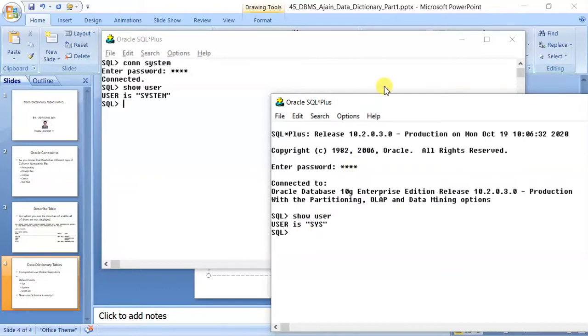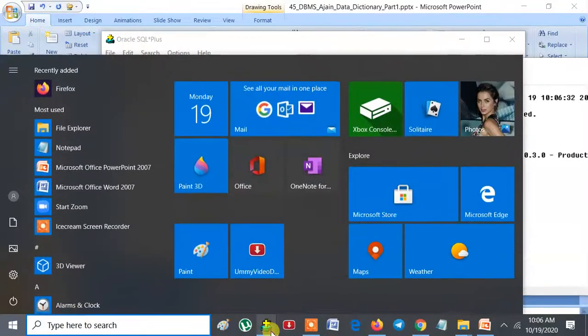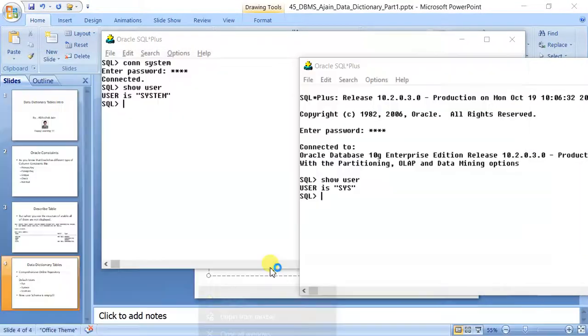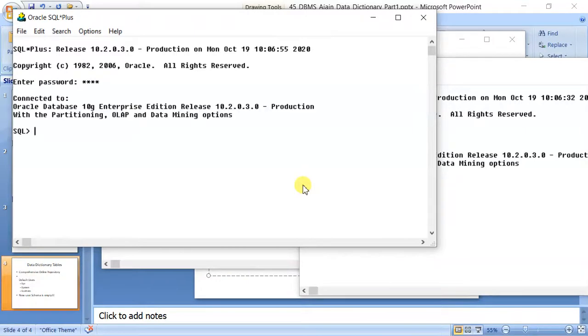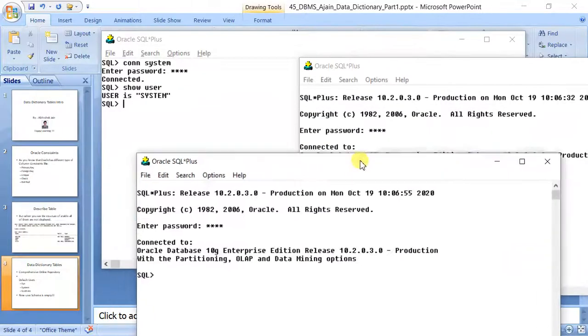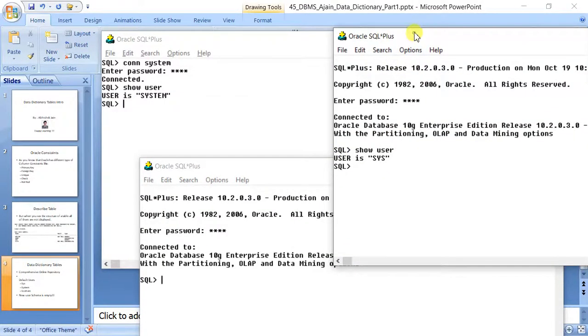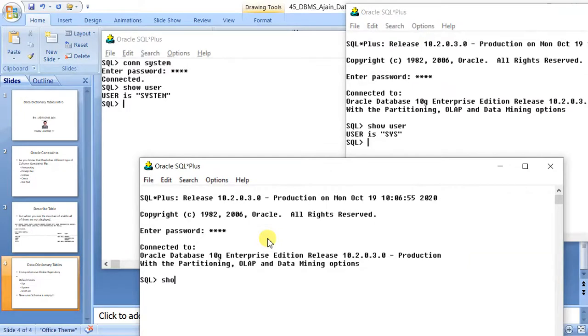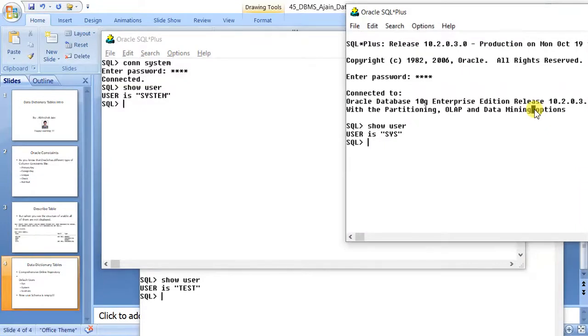The user is sys. Let me connect one more, test. This is another user of mine. Show user. So you can see there are three users: test, system, sys.